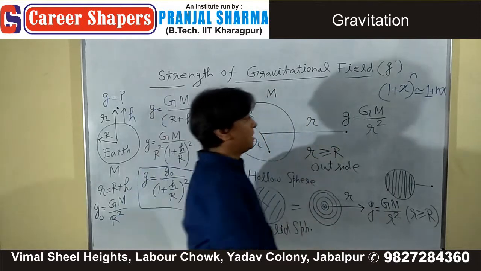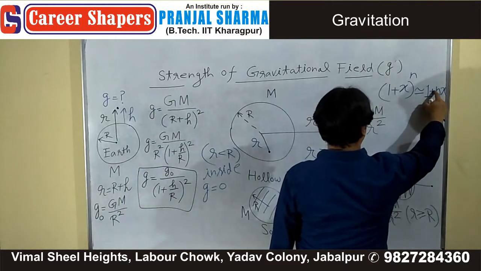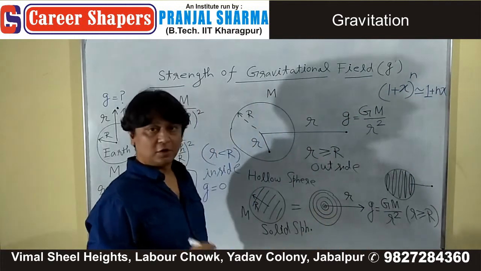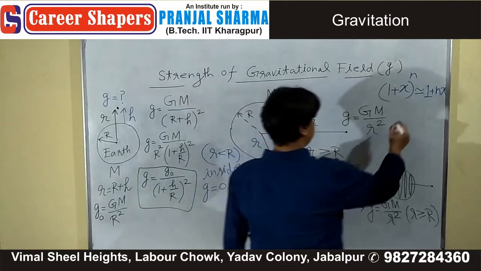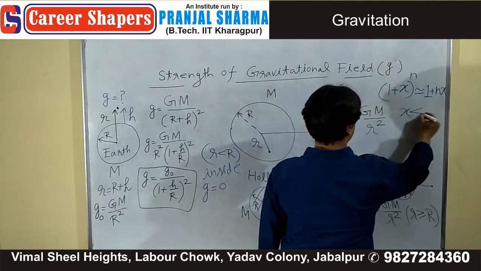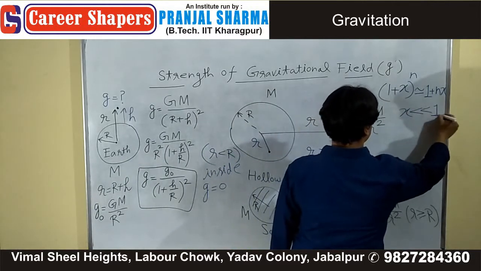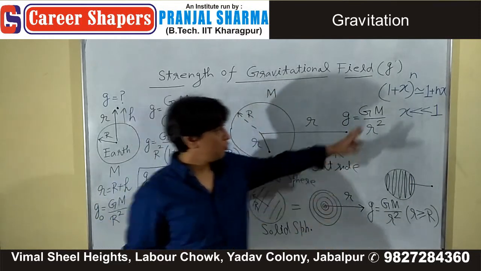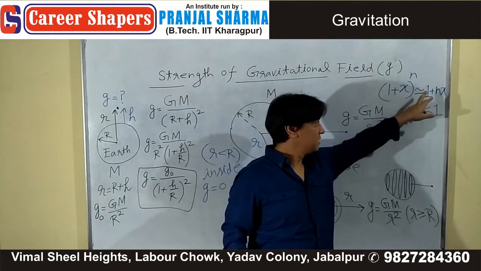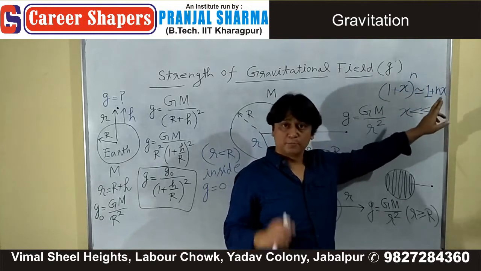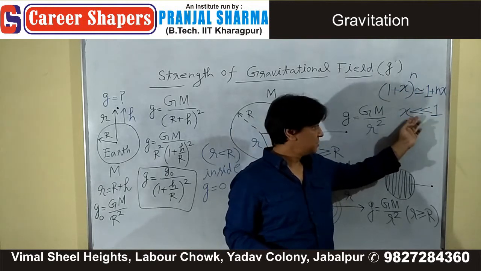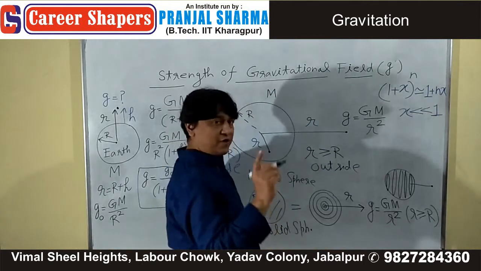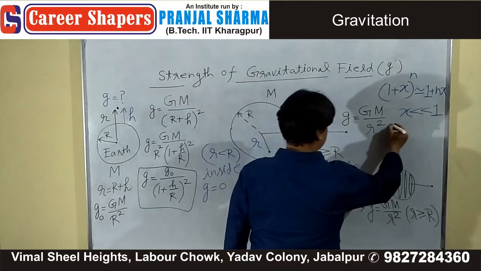You can approximate 1 plus x to the power n with 1 plus nx, not always, only if x is much smaller than 1. Remember this mathematical trick. 1 plus x to the power n is what? 1 plus nx, provided x is much smaller than what? 1. So, if I say that height